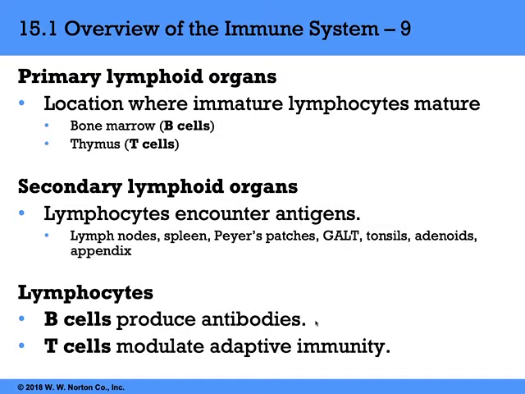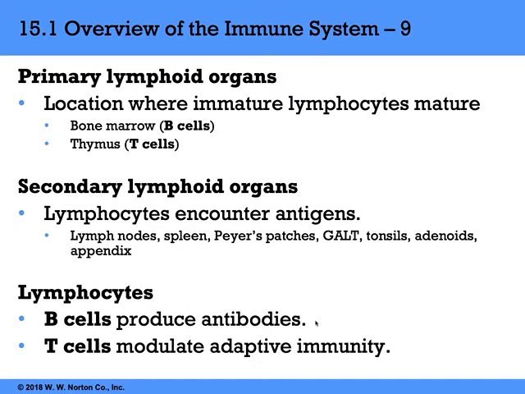Okay, the reason that this is an effective way of guarding against invaders, all right, is because once the process is over, the B cells and the T cells that you've made have the ability to recognize between a billion and a trillion different antigens other than your own antigens. Okay? And that's usually enough to keep you healthy for most of your life. Okay? I don't know if you ever looked at the number 1 billion or 1 trillion, but it's a really